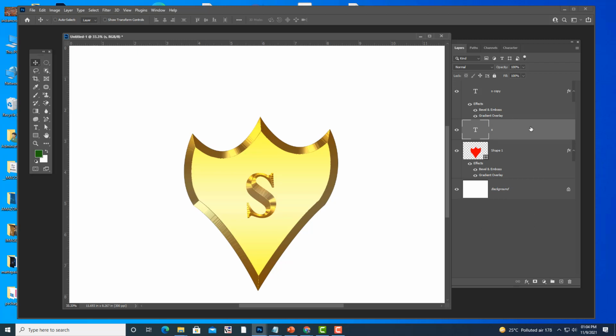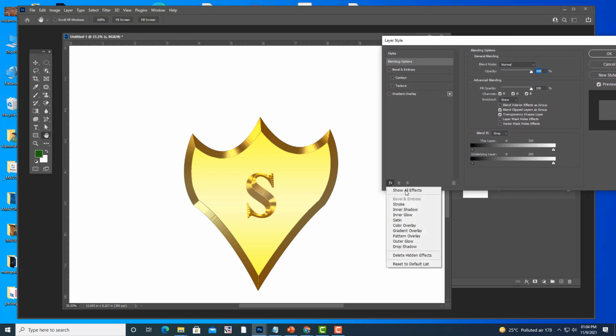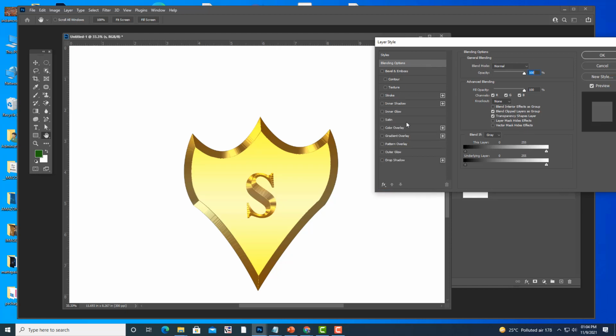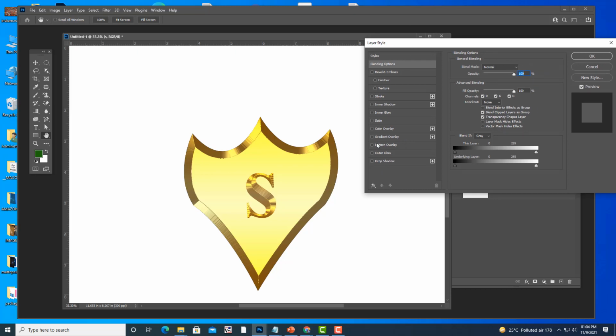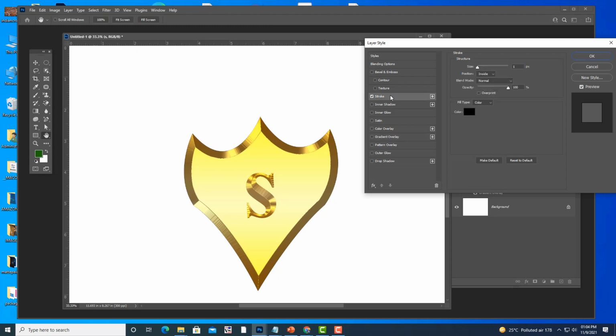Then double click, and I will click on show all effects. I am going to apply the same metal, but this time it will be like a stroke for this border. So we will turn on the gradient for stroke here.